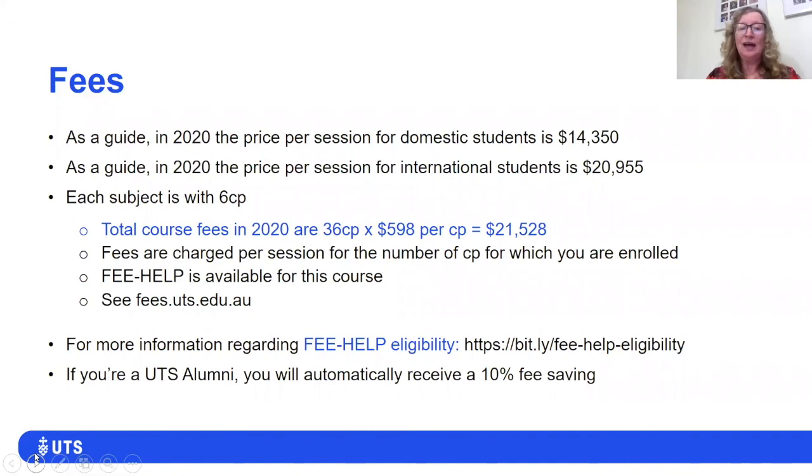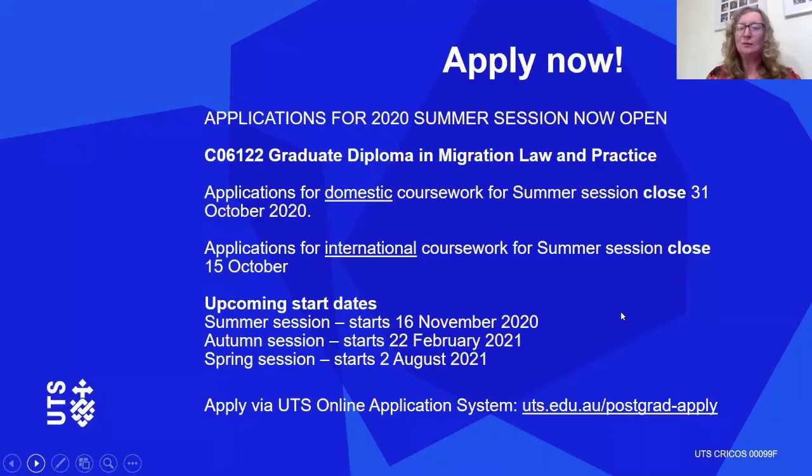Important to note that if you are a UTS alumni, you get a 10% fee discount, which is great. And I'm not sure whether I have a slide about it, but some of our students progress from the graduate diploma to the Juris Doctor, and they actually are entitled to 30 credit points towards their Juris Doctor if they've completed our program. And again, they get that 10% off. So a handful of our students decide that, yes,